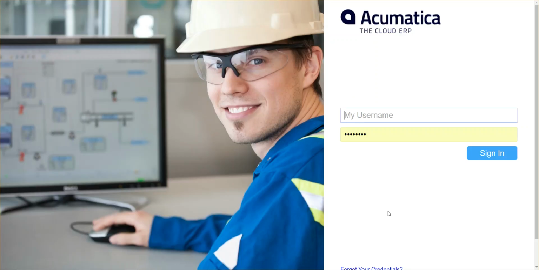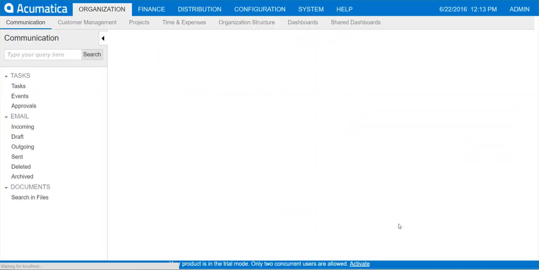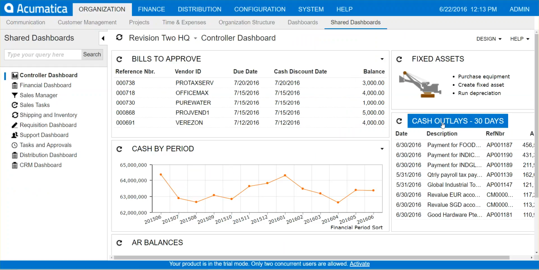So first I'm going to sign in. Of course, as a user you have to have a sign in, and the sign in is normal, where you have your logon information and your password information. So I'm signing into this particular instance, and I am the admin, so I can see everything. There's actually more that I could have loaded into this instance, but right now just notice that I have the